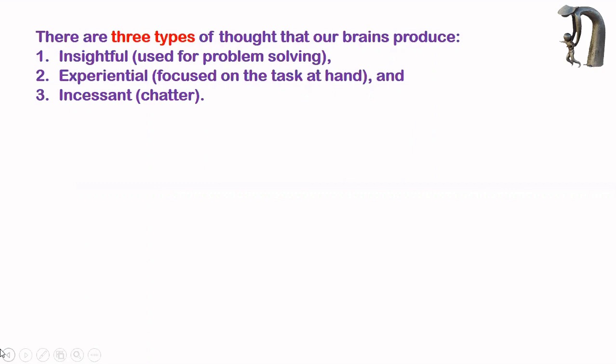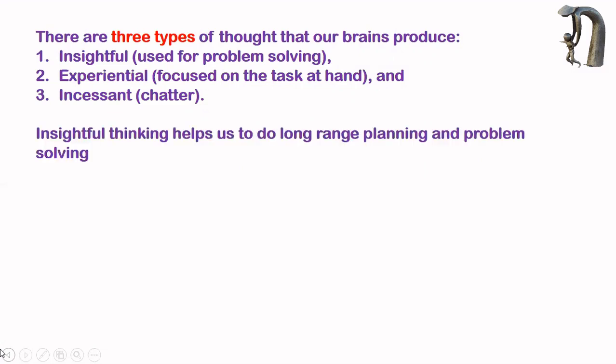That is called a chatterbox, we can say. Some students might be talking in the classroom without any meaning, or something like gossiping. So these three types of thought process work in our brain, which we need to understand and try to solve the problem. So finally, the insightful thinking helps us